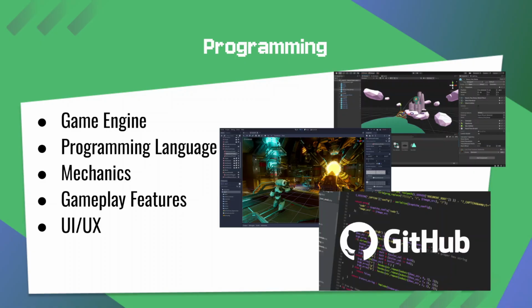So here are just some picture examples. A key part of programming is knowing how to work with other people when you're coding. It's a lot easier to code a game by yourself. Well, it's not easier, but with sharing the code it is, because you're sharing with yourself. But GitHub is very valuable for sharing code with other people and making sure that it doesn't have any conflicts, stuff like that. And this Friday we'll actually have a little section on GitHub Desktop, which is the GUI version of GitHub. So if you're planning on programming, I highly recommend attending that as well.